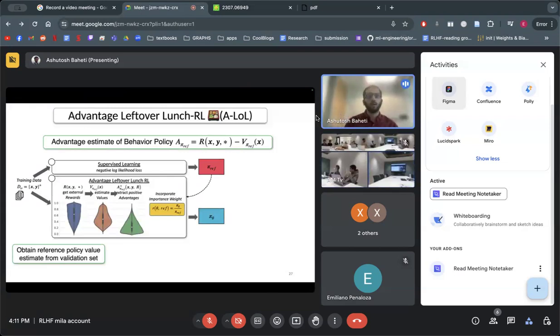So the first step is you get some external rewards, which can be arbitrarily defined. There is an internal value estimate of the reference policy, which we will compute in the next slide. But essentially, you can estimate the value for every prompt in your training set. And then you subtract these two and just extract the positive advantages, which we call the leftover part of your